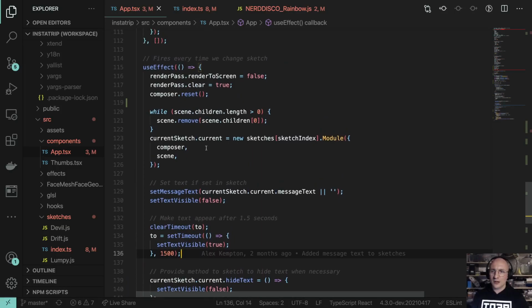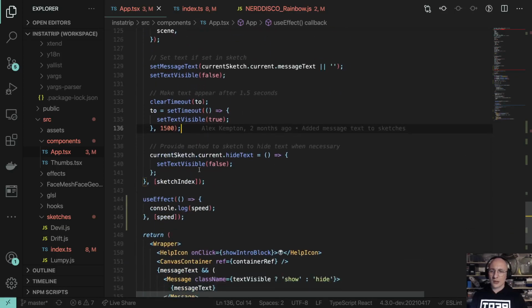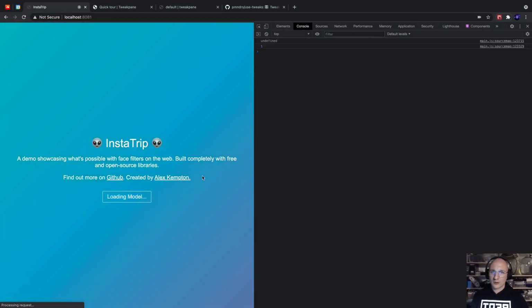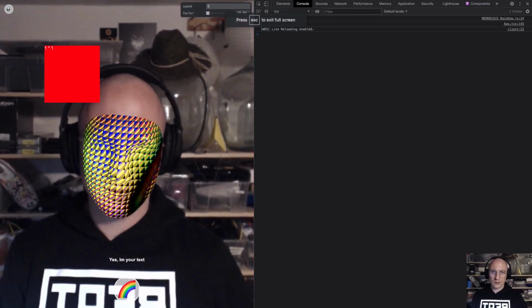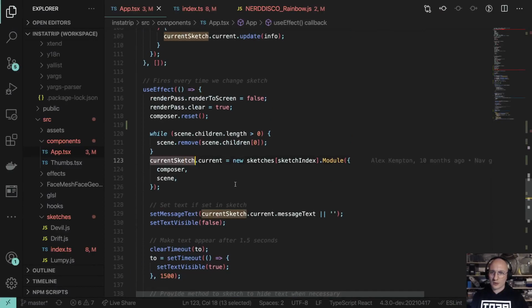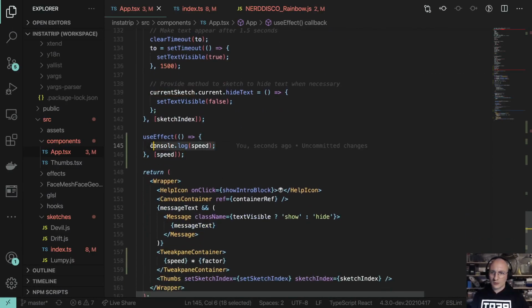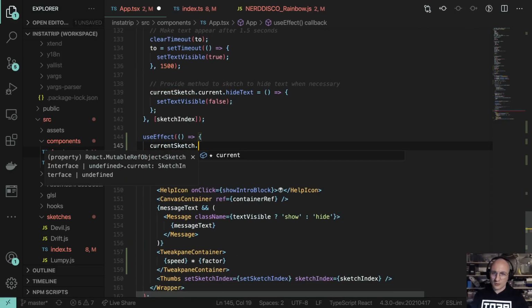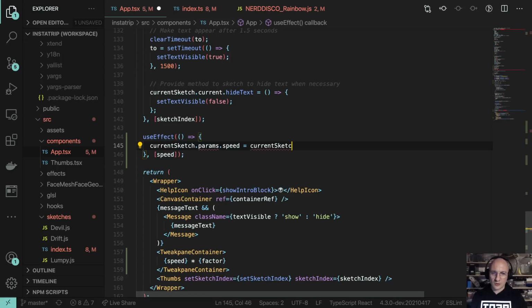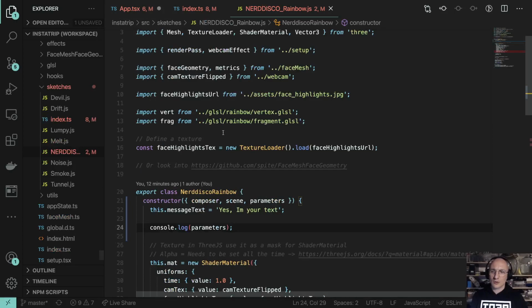So my idea currently would be, no, I don't know what my idea would be. Oh no, again, okay. So this should actually do something, right? So every time this parameter is changing, we see a value there. Okay, so this is correct. So I hope what I can just do is do currentSketch.params.speed is speed, and what I'm also doing is